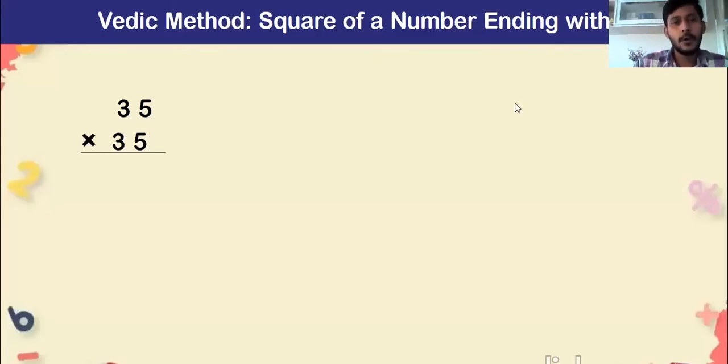Hi everyone. Today we will learn how to find the square of a number ending with 5 with the help of the Vedic method. We will look at the example here on our screen. We are looking at the number 35. At the tens place the number is 3. So our first step will be